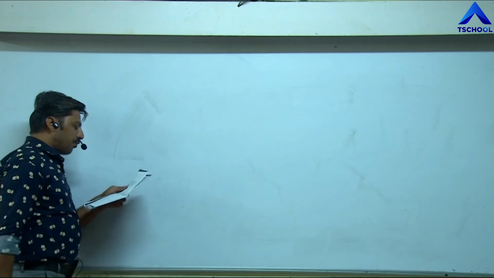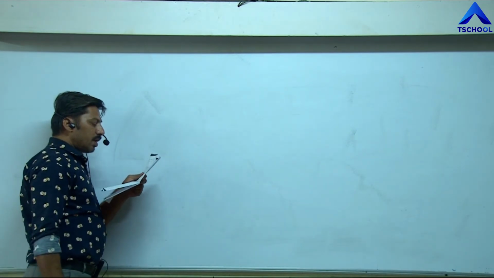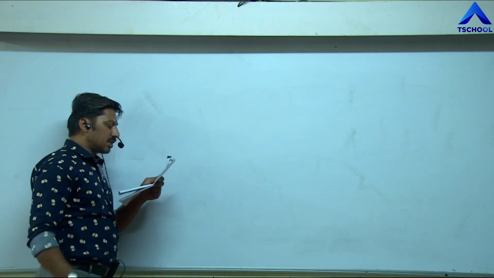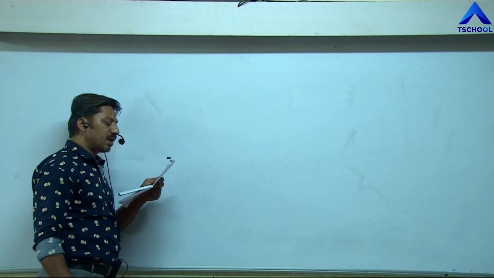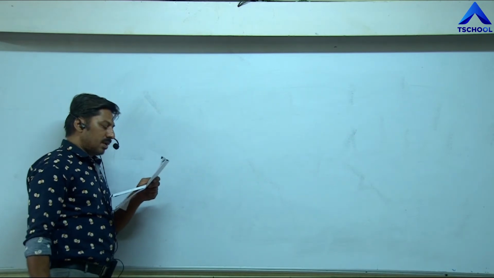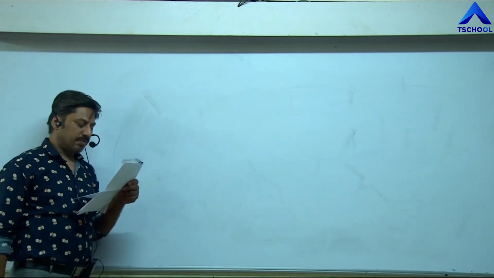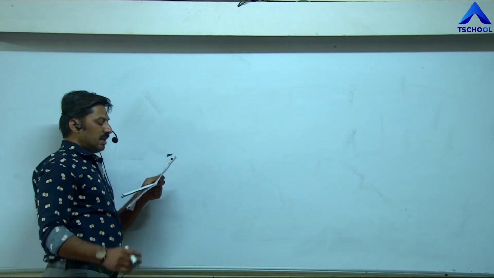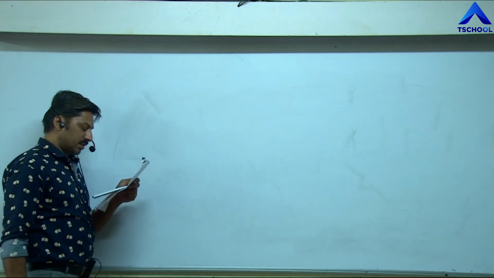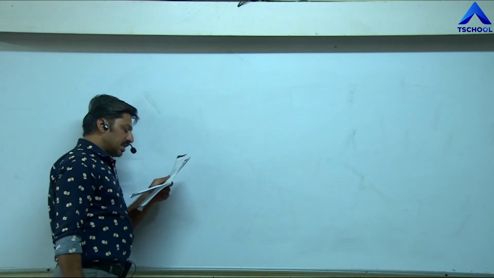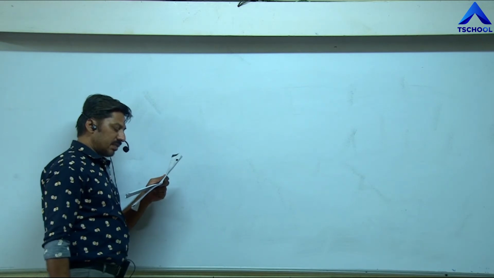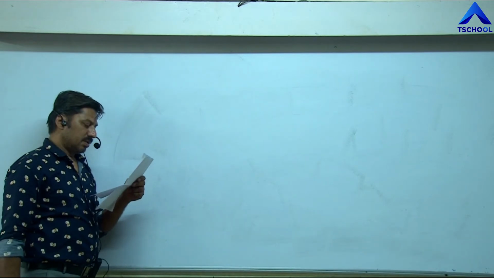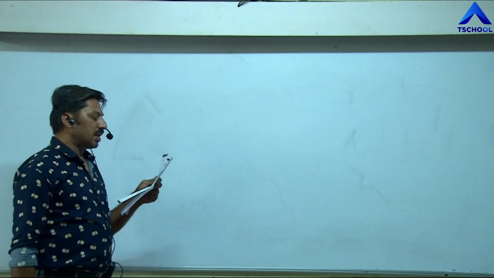Question number 10. From the following information of Rutwa and Rutvik's firm, determine the value of goodwill of partnership on the basis of capitalization of weighted average profit method. The profits are given: 45,000, then 50,000, then 65,000, then 75,000, then 90,000. Additional information: business assets are 6 lakh, liabilities are 1,70,000, expected rate of return is 10%. So we have to find out capitalization of weighted average profit method.